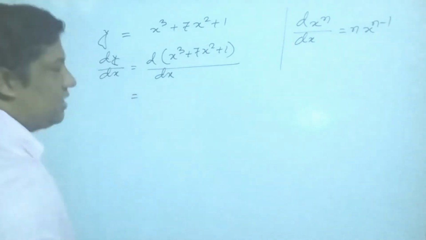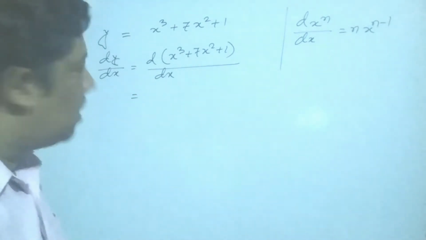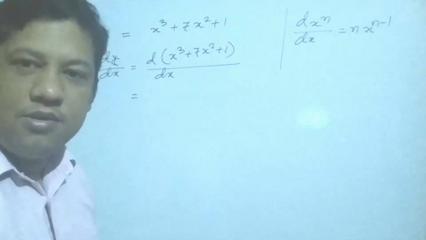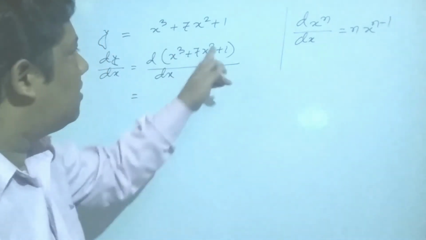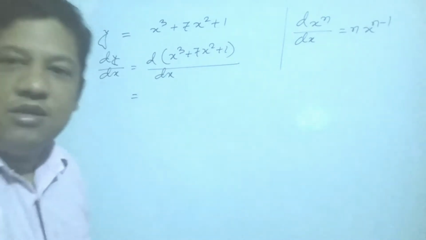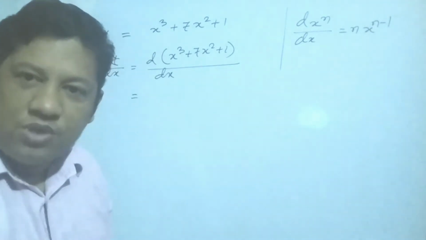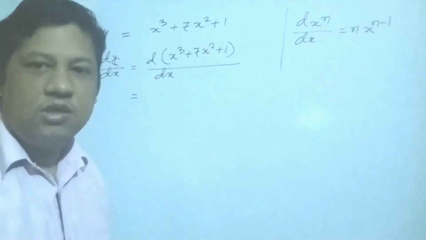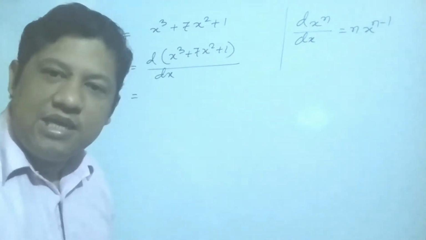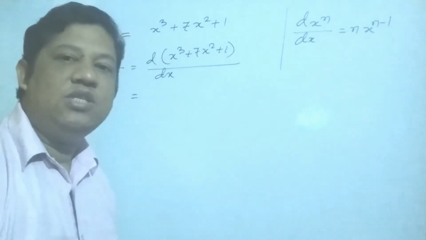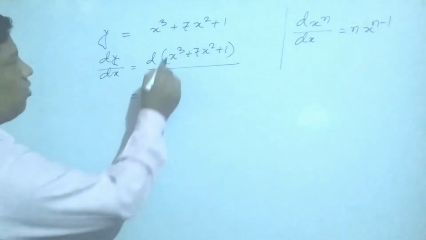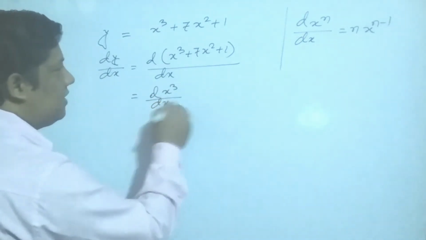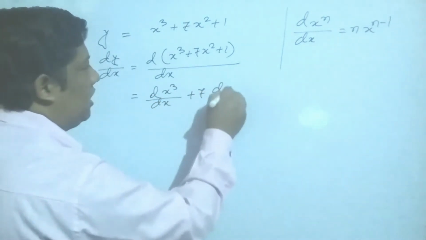Next, what should we remember? When I differentiate a variable, the power should come back. Instead of B square, when a constant is multiplied with the variable, only the variable should be differentiated. But according to the right side, if there is a single constant, its differentiation is 0. So my students, when I differentiate this part, C1 by x cube upon dx, plus 7 C2 x square upon dx, plus C3.